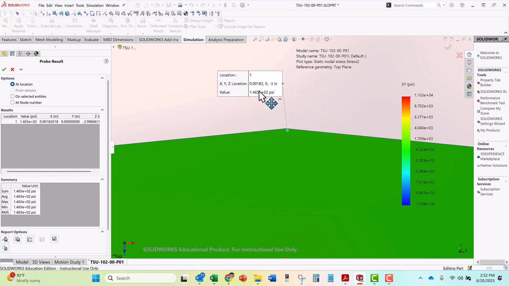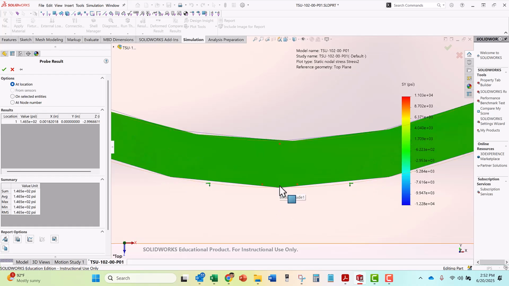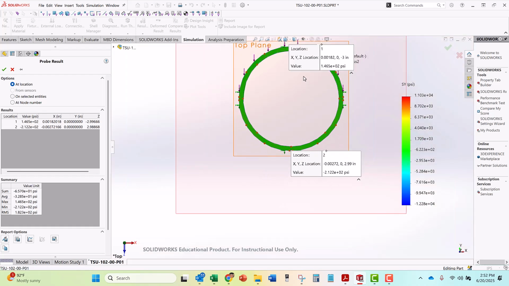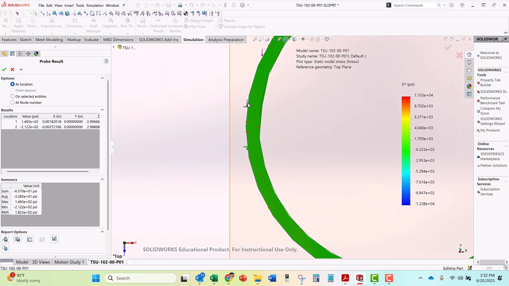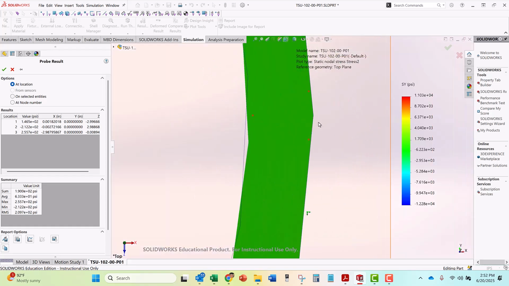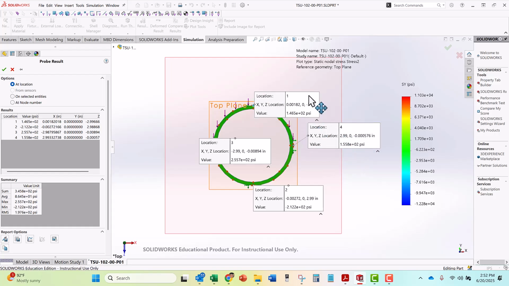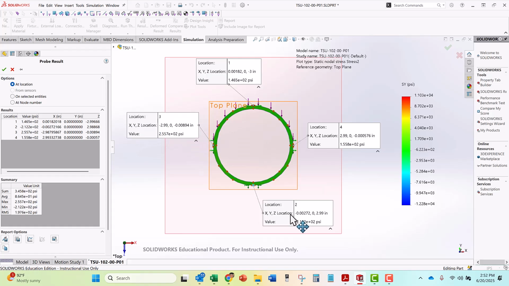And it tells me the XYZ location: X is 0, or pretty close, Y is 0, and Z is -3. This is right there at the bottom at the top. I'm going to come down here. I want to probe down here, and that's the same coordinates, except it's going to be +3 instead of -3, because plus Z is going down. And then I'll come over here, probe that point, and probe this point. This is the normal stress